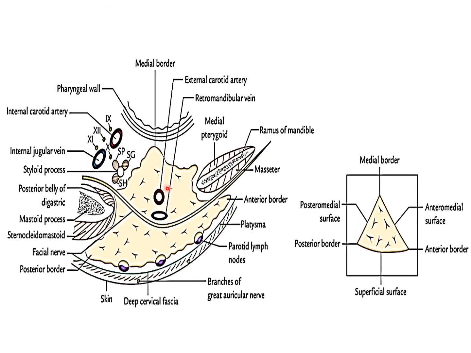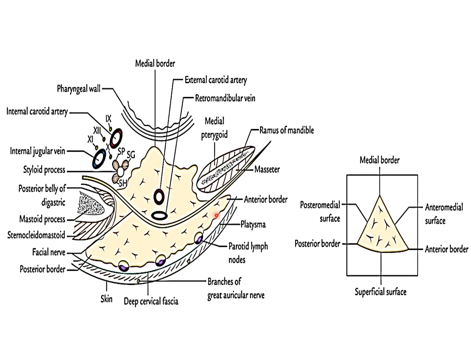The substance of the parotid gland, as already been discussed, is divided in three zones. So the facial nerve is arising through the stylomastoid foramen, entering through the posteromedial surface of the parotid gland, traversing through the substance, coming out. The branches of the facial nerve are coming out along the anterior border of the parotid gland. This facial nerve divides the gland into a superficial zone and a deeper zone. In the next plane lies the retromandibular vein, and the deeper plane lies the external carotid artery.